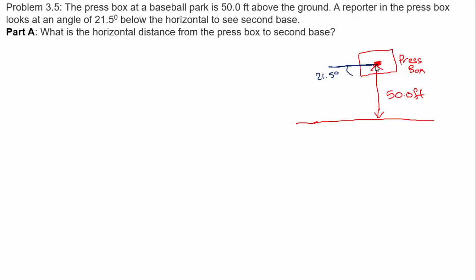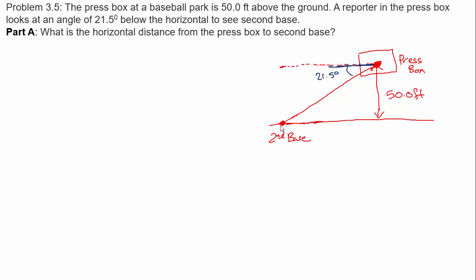So I'm going to draw a vector here, or a line from this person to the ground. And that's where the second base is. Okay, now what is the question? The question is, what is the horizontal distance from the press box to the second base? So it's not asking you about the distance from the press box to the second base. It is asking you about the horizontal distance, which is this one here,